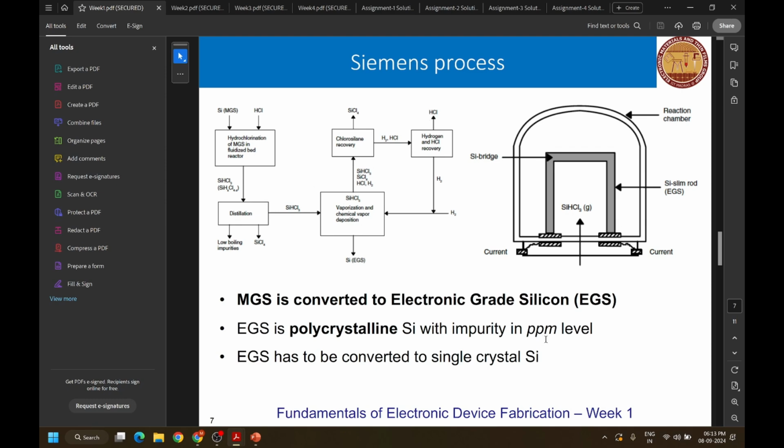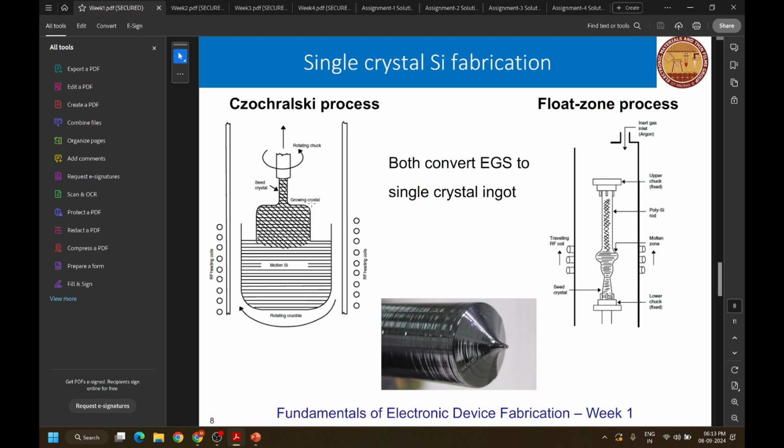The impurities are in ppm level here, and then using the Czochralski or float zone process, it is converted into a single crystal silicon. In Czochralski, a seed silicon crystal is dipped in molten silicon and slowly pulled up, and it creates this ingot. In float zone, there is a heated zone. As it goes up, it melts the polycrystalline rod in between,